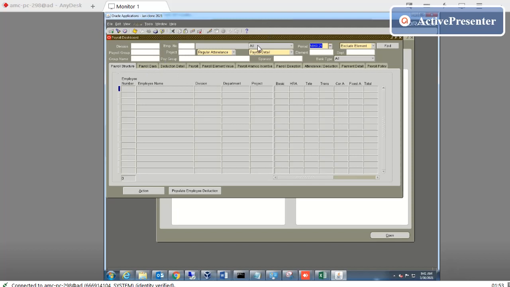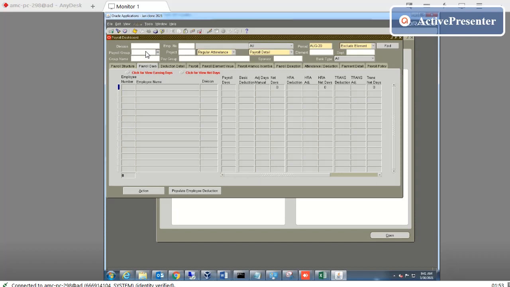Okay, here for I think August 20. Okay, this is the form. Now here, the first tab is the payroll structure. Here are all the employees and their basic salary, HR, telephone, policy, and bank account. In a second, if I click there, 5674,